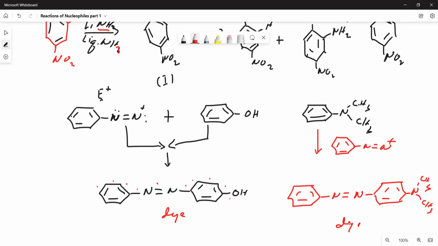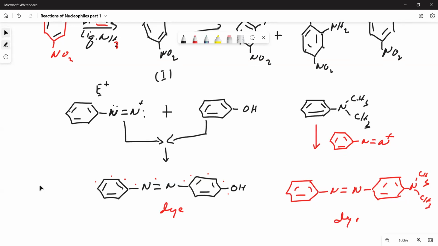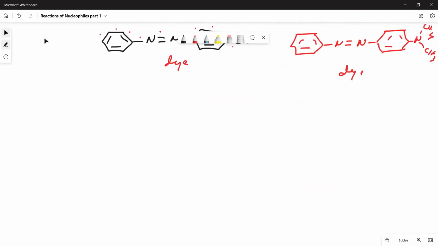So they are used as indicators in acid-base reactions. Some of these are also used as food dyes, and for the colors of textiles. They are synthesized by diazonium reactions. So that's how significant the diazonium salt is. Okay, so we leave this topic and we move on to the next type of nucleophile reactions,